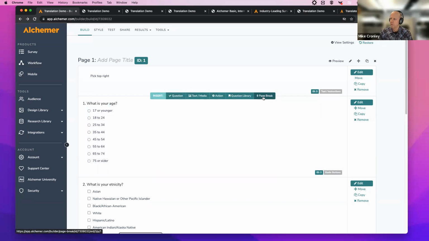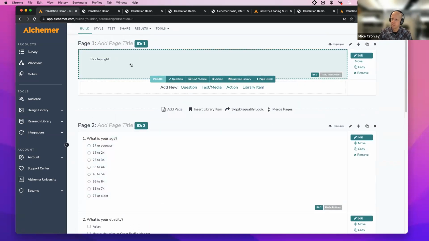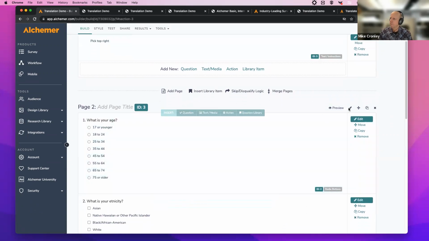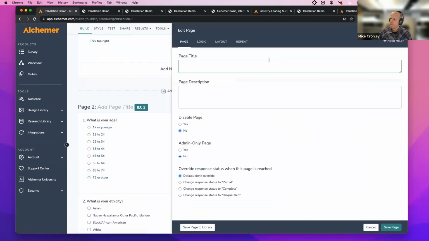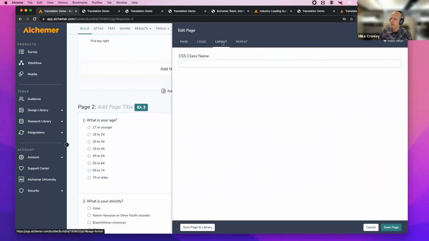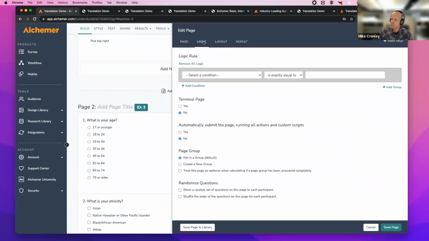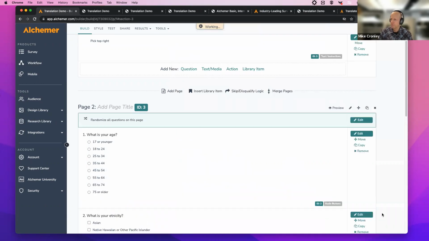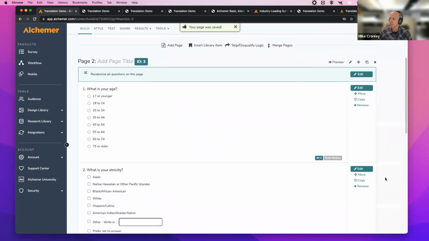So if I insert a page break here, so this could be the welcome message, and I start the survey. If I go to the pencil icon, I can go to the layout tab, or this is the example, it's a little different where it's located, but I can shuffle the order of the questions on this page for each respondent. So then maybe what is your age is going down at the bottom. So I'm flipping the question order sequence of how it's being presented to a respondent. So that's a second randomization option. And the third is maybe it's pages complete.